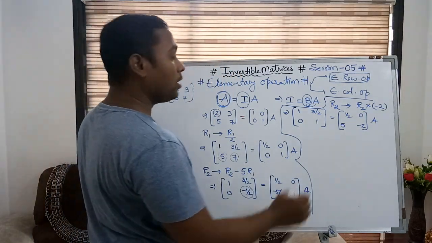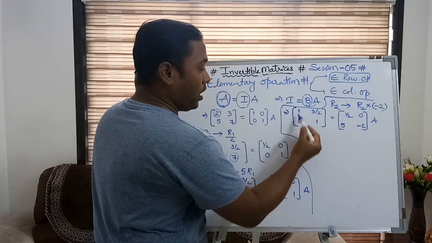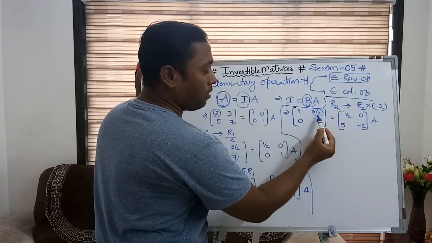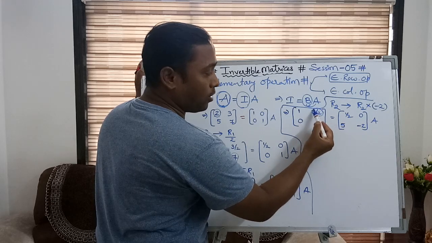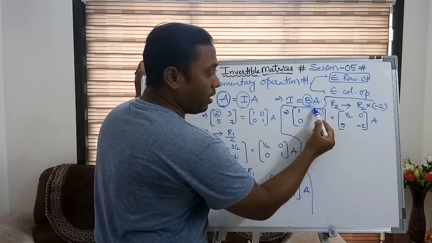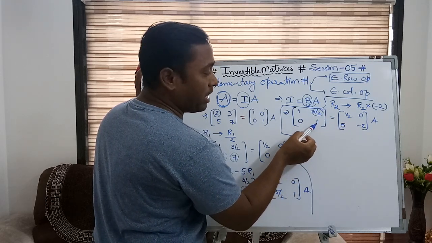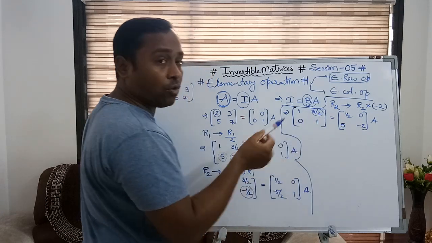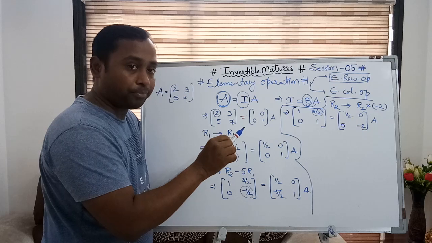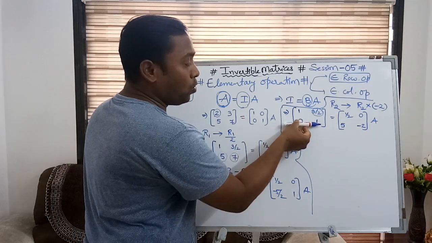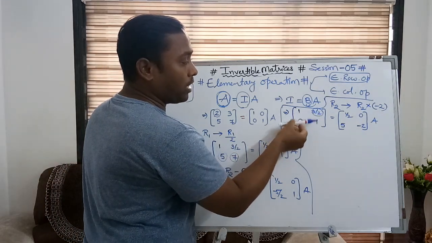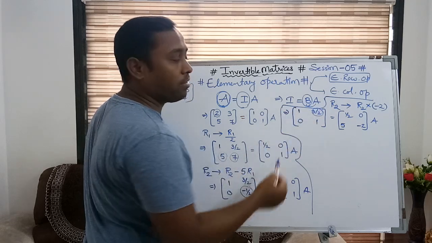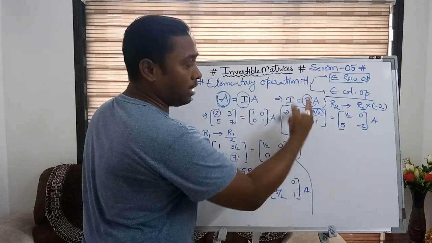Now what is the next target? 1 0 0 1 is required. So I am looking for the final step, that I want 0 here. So wherever 0 is required, we need to multiply this 1 with 3 by 2 and subtract here. Row wise only you need to think. Okay. So R2 को मैं किससे multiply करके subtract करूँ? 3 by 2 से multiply करके subtract करूँगा तो ultimately इसकी value 0 हो जाएगी इस element पर.